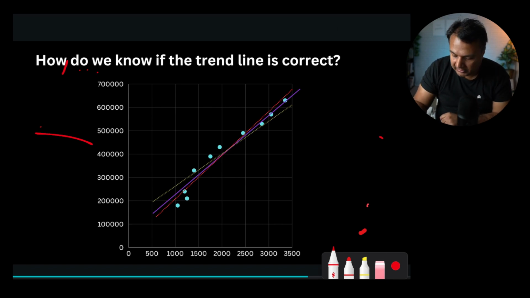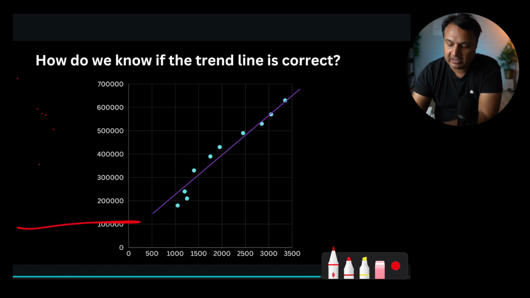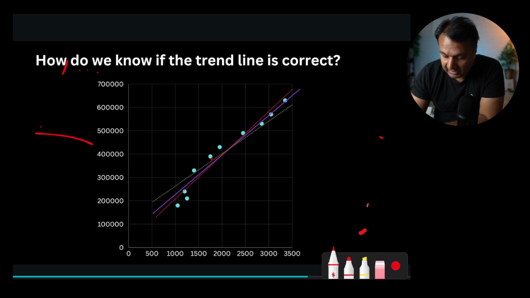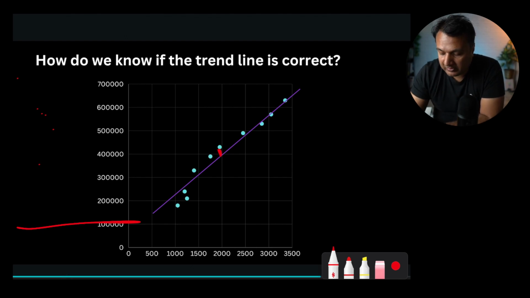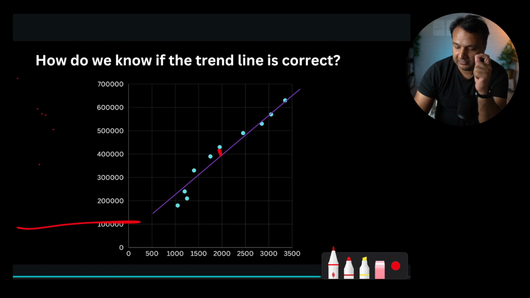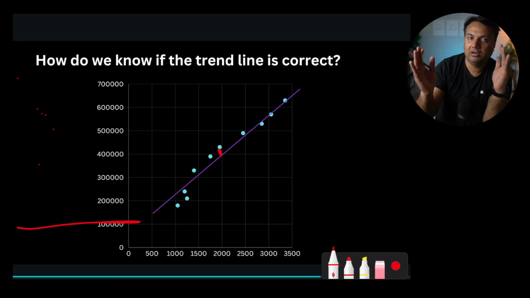The solution is that you aggregate the errors. So what is an error? Wherever you see a difference or distance, in this case on a plot, between the data point and the trend line, for example here, this is a distance. Wherever you see the distance, you know that your predictions were off.